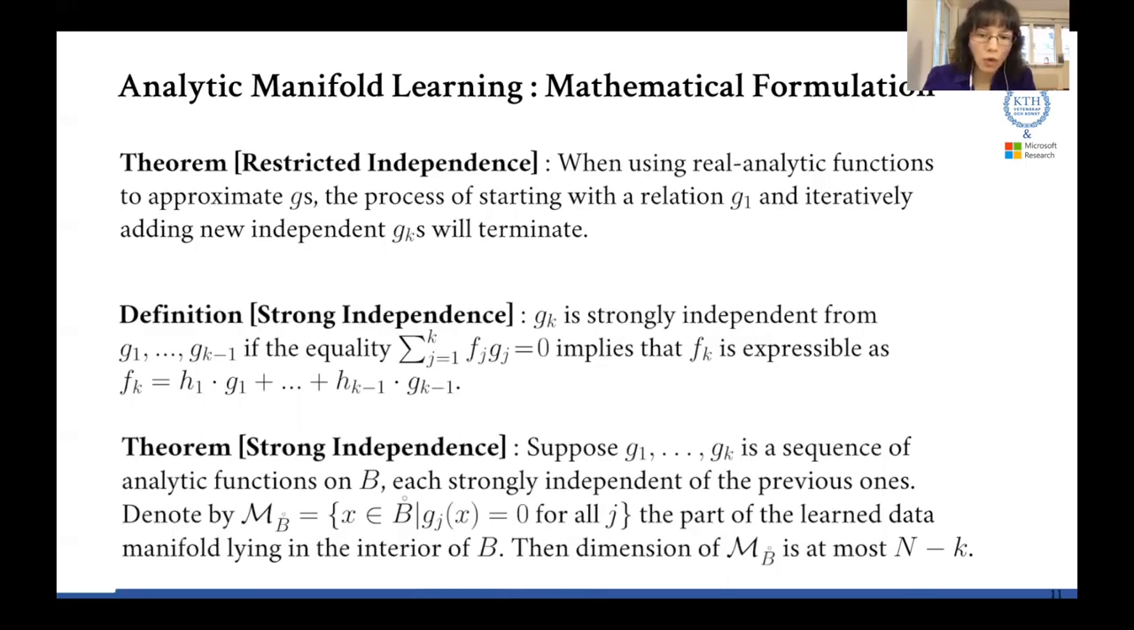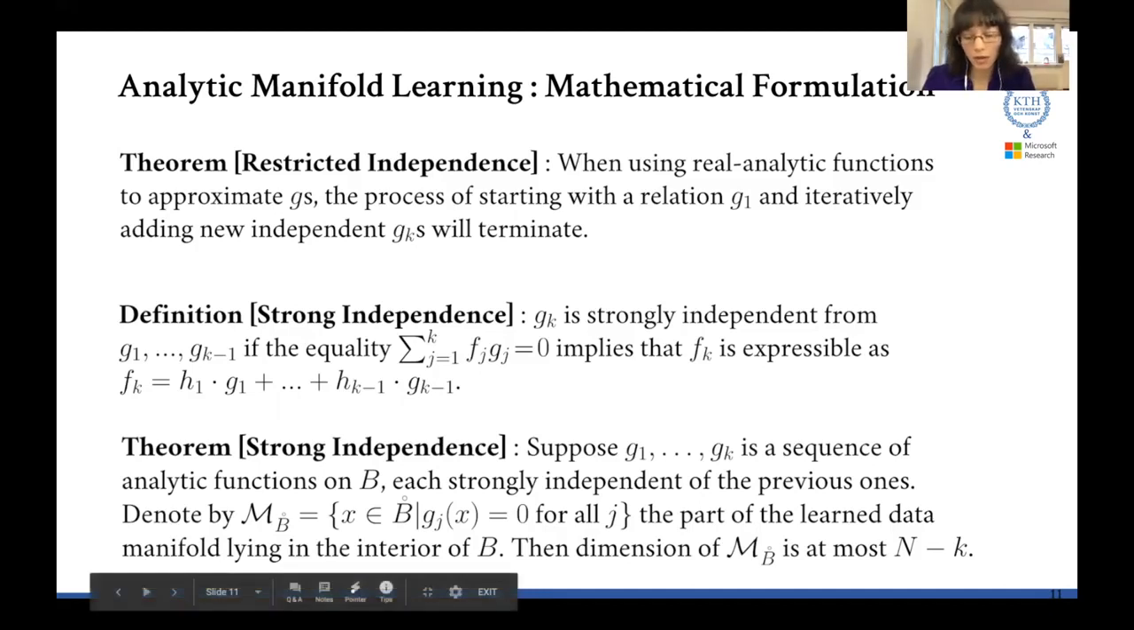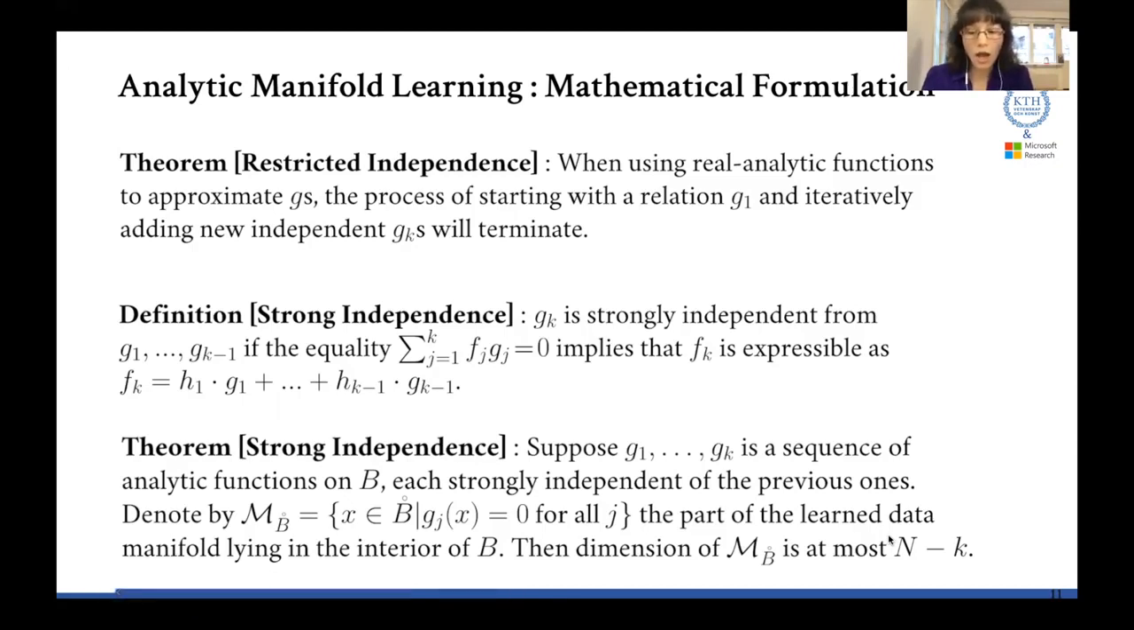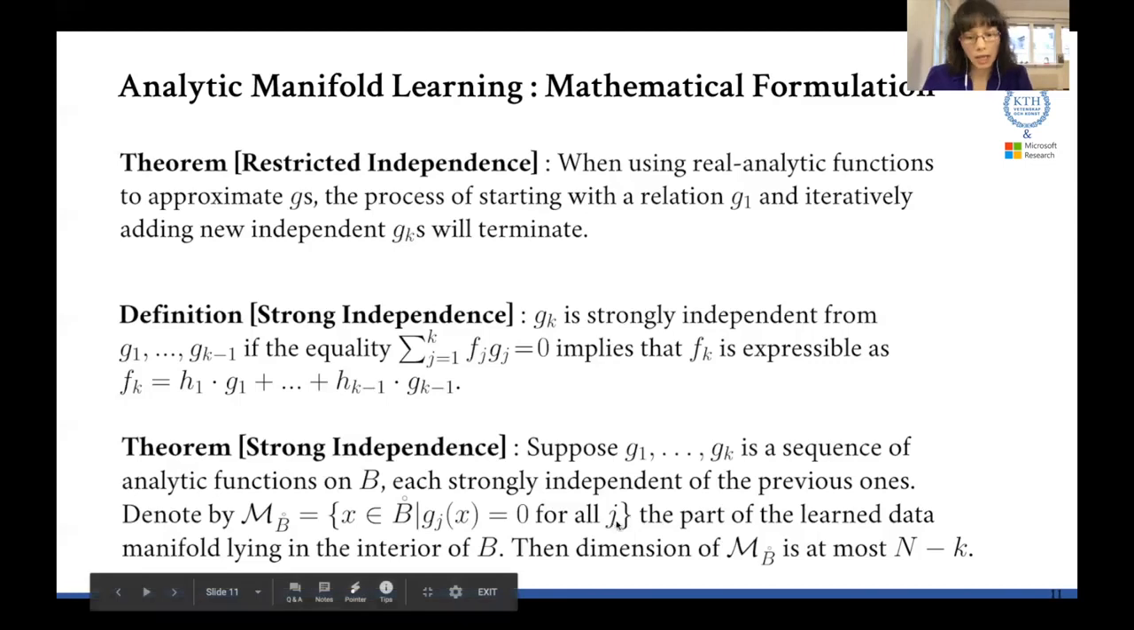And we can also define, I won't go too much into the detail here, but we can discuss this with people if they're interested, a notion of strong independence, by slightly changing the definition of how this is done. With strong independence, the theorem worked out in the paper says that every time we add a new relation GK, we're actually adding